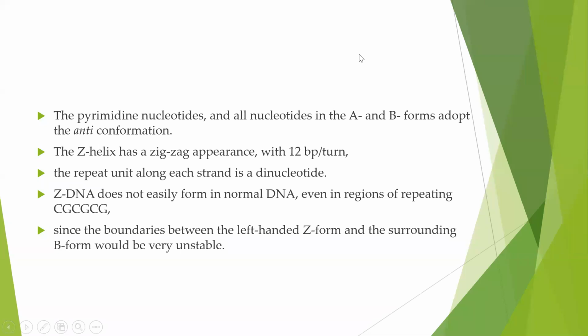So these are the properties of the other alternative polymorphic form of DNA, which is the Z-DNA conformation. Three different conformations we have discussed: B-DNA, which is the most stable form. Then under low conditions of humidity, A-DNA conformation can be adopted, but we see the A-DNA conformation existing very rarely in natural DNA, whereas it can be adopted by RNA and DNA-RNA hybrids.